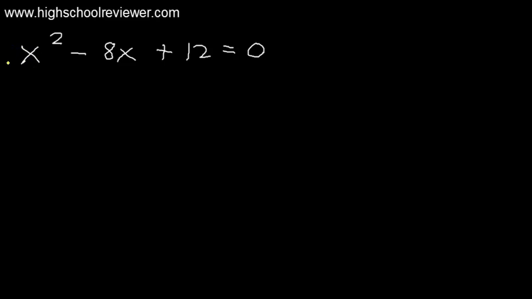Our first term is x squared, so there is no numerical coefficient. This means we can base our factoring on the last term, which is positive 12. So we will have here two sets